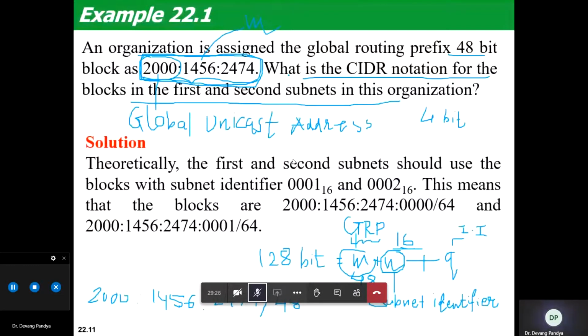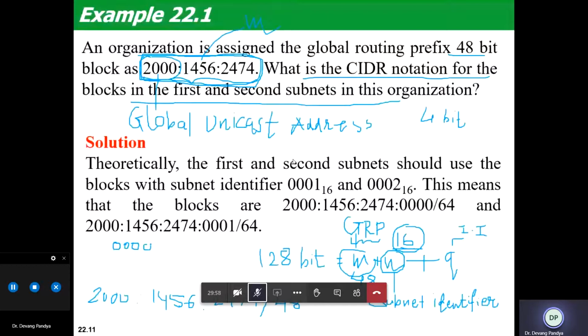Okay, so the 16 bit. Am I audible? Yes sir. So you have to write the 16 bit starting from the first subnet. That means you always have your 16 bit start with this hex. I'm writing hex 0000. This is my first, but now I am defining a subnet.